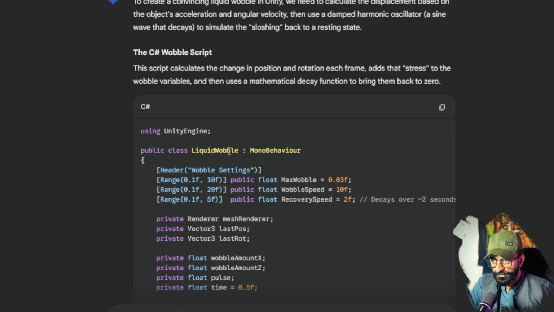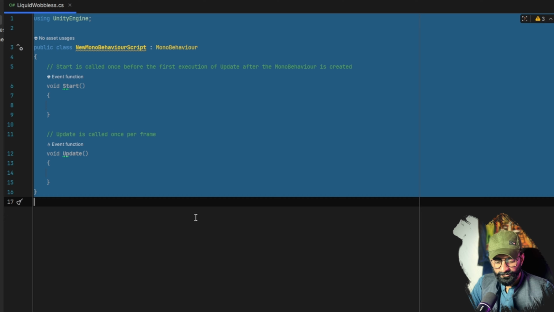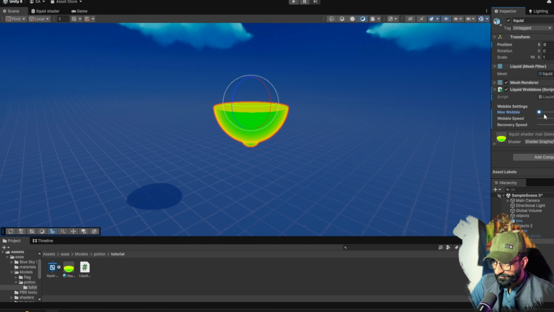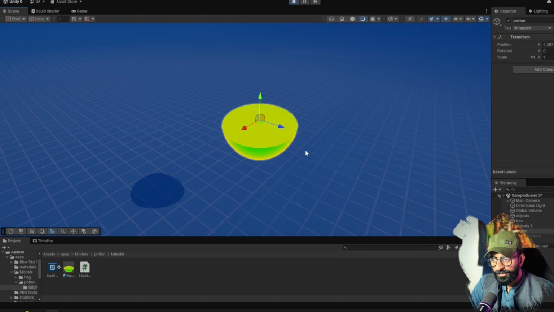We name the script the same as the name of this main class, and after deleting this code, we will paste that code inside it. Let's apply the script to the liquid object. This Gemini script also gives us some public variables that we can change, such as wobble speed, recovery speed, and maximum wobble. Let's go to play mode and let's try to move this portion, which is giving us a very